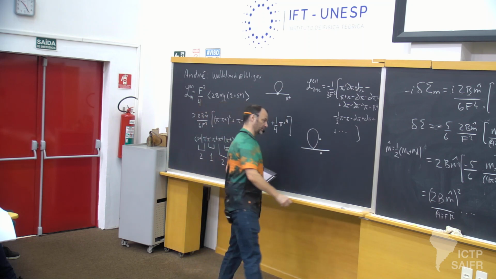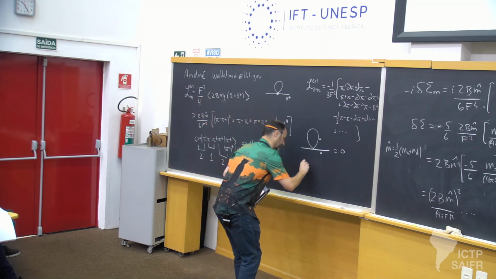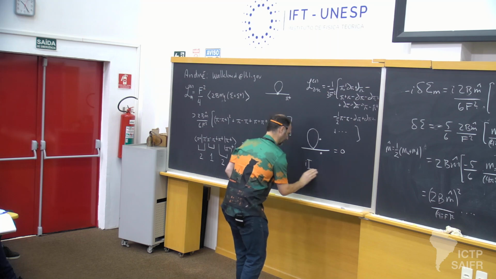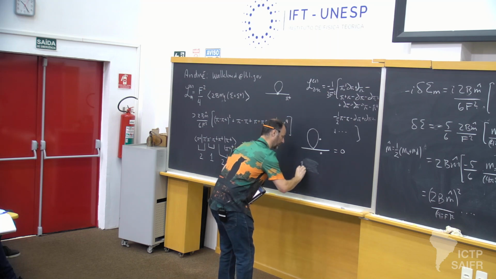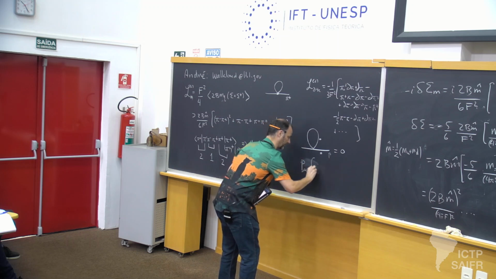And so what is this going to do? This is equal to 0 by Lorentz symmetry. So how do we see that? This is going to give an integral that looks like, I don't need to write that. This will give a correction. It will depend on the external momentum of my pion. And then I'll have an integral